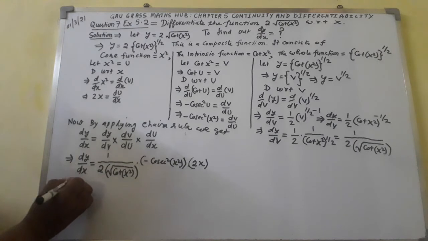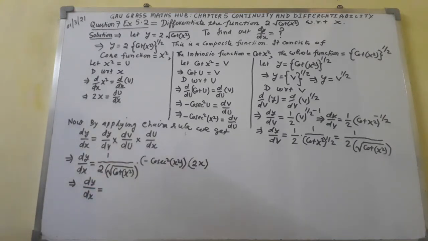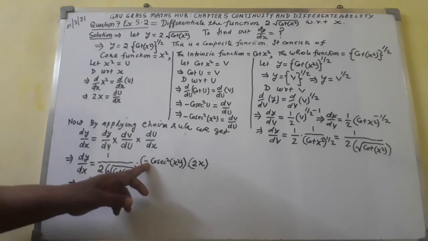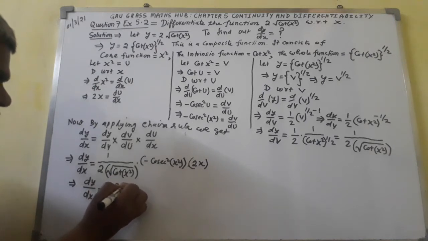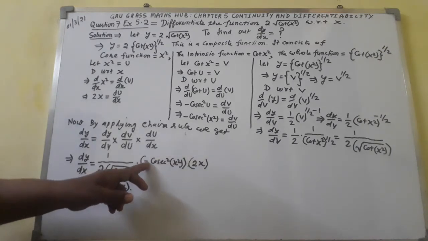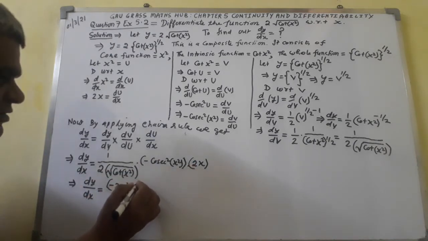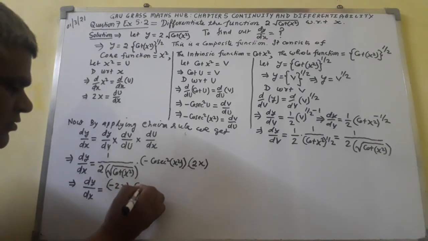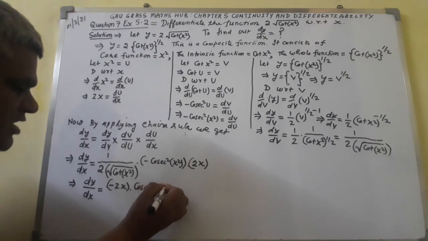Now arrange the things here. So here I can write dy over dx is equal to, here in numerator minus 2x. So here write minus 2x in one bracket. This minus will be put here, it will become minus 2x. And here I shall write dot cosec square x square,